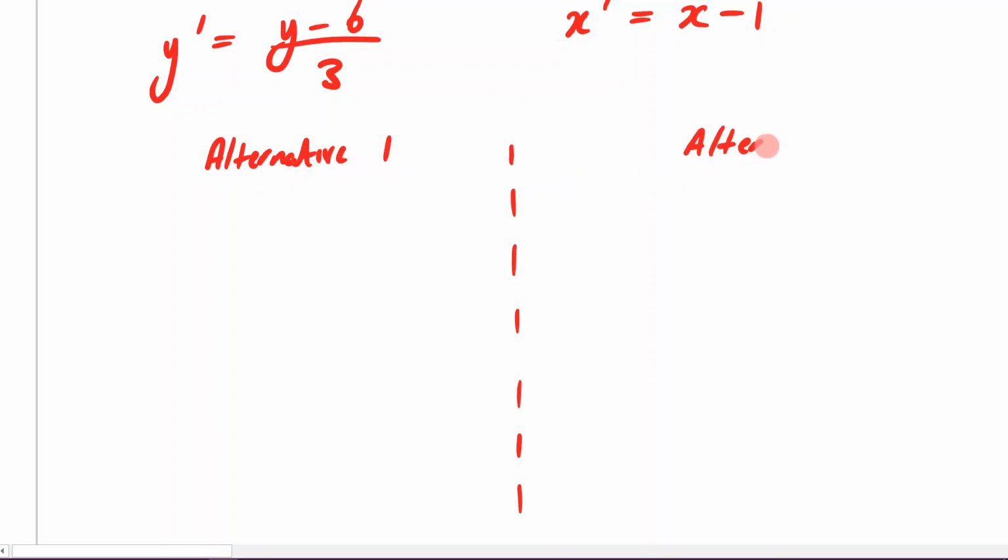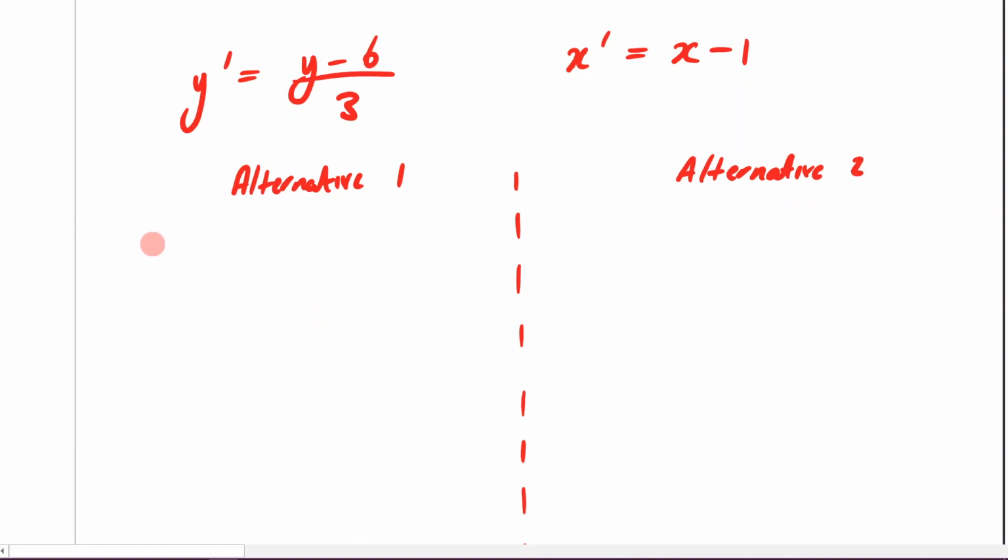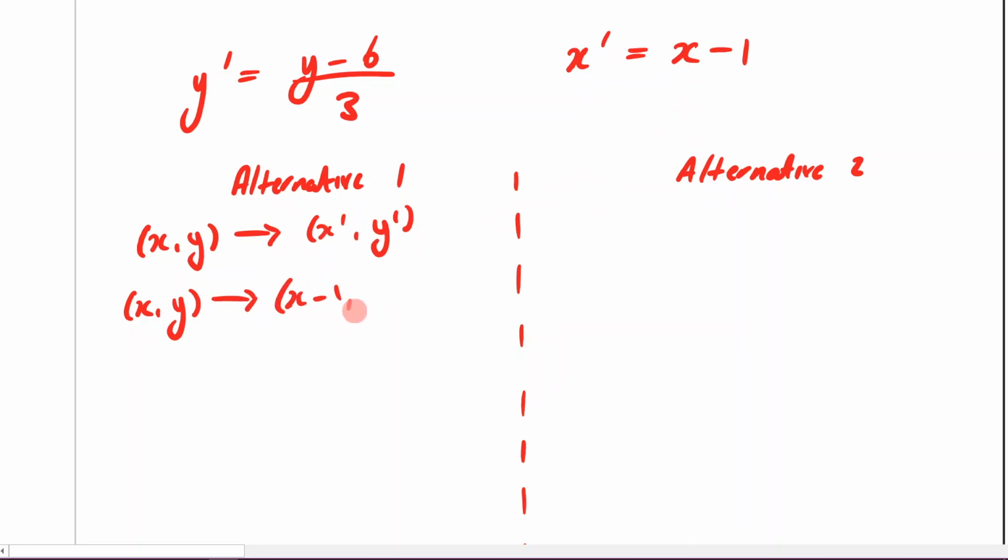Same answer, both of them are going to be correct, but they're just alternatives. Alright, so we have xy, and I go to x dash y dash. So I have xy, and I know that x dash is this right here, x minus 1,